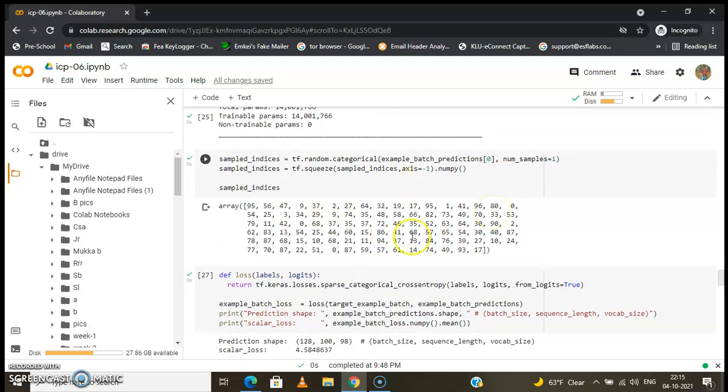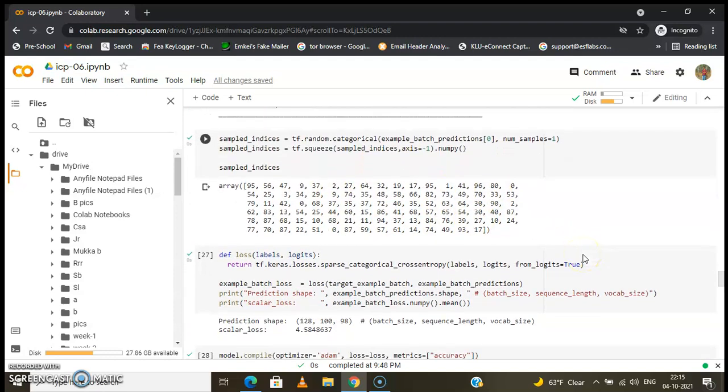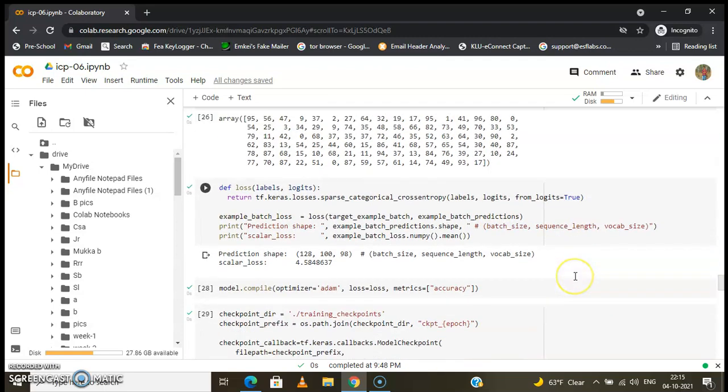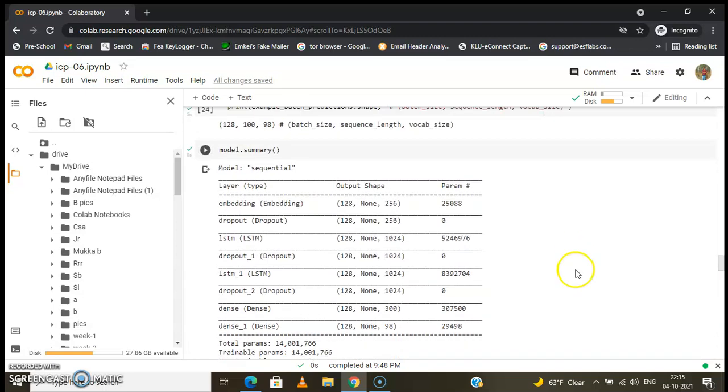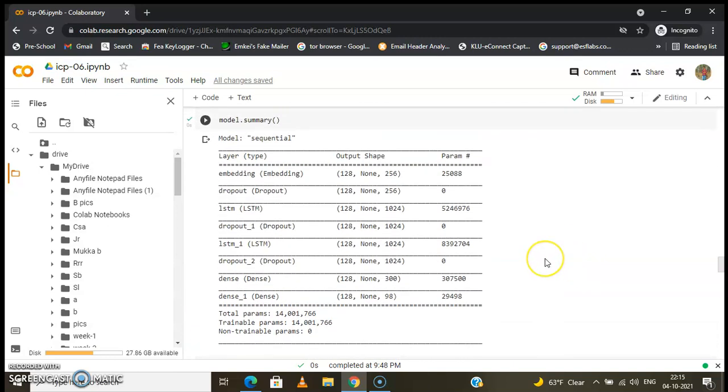We have mostly used the sequential model everywhere, as I said in the previous ICPs. We mostly prefer sequential models because they give more accuracy, prediction shape, and more, as you can see. And we have a batch size of 128 here.